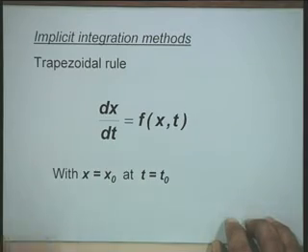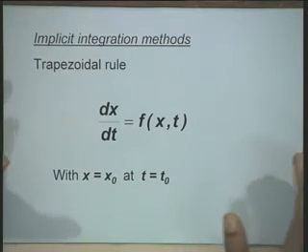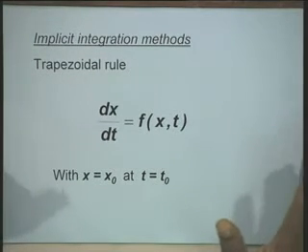For the solution to be numerically stable, the time steps should be related to the smallest time constant. And here we discuss one more important technique where numerical stability is not a problem, and that technique is known as the implicit integration method. We will first understand conceptually what we mean by the implicit integration method. It is a very simple approach.